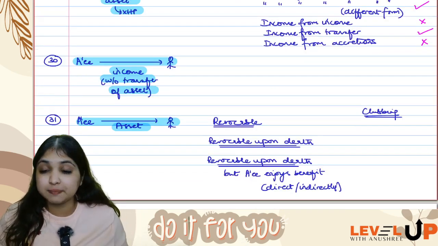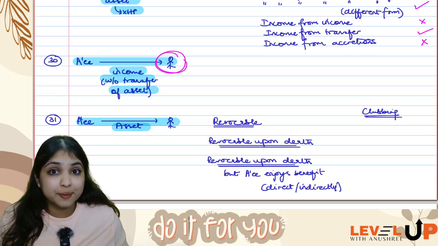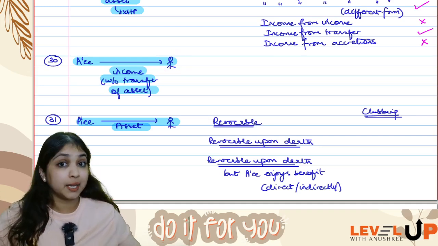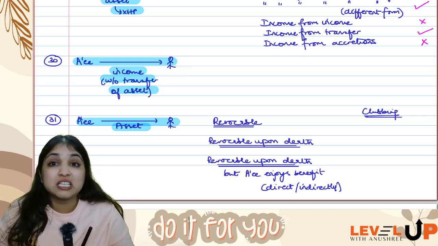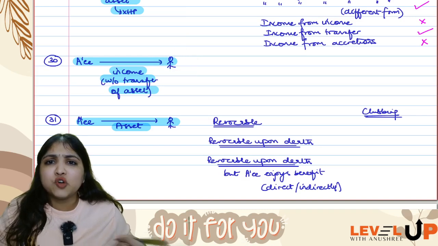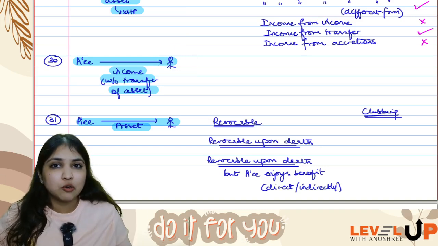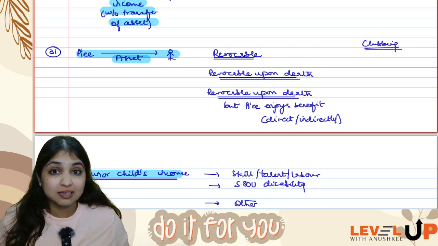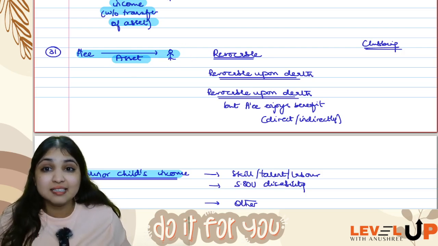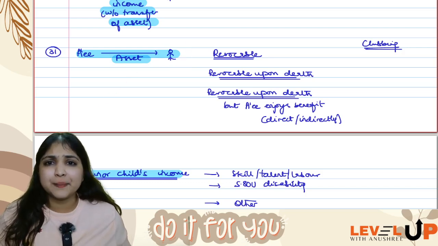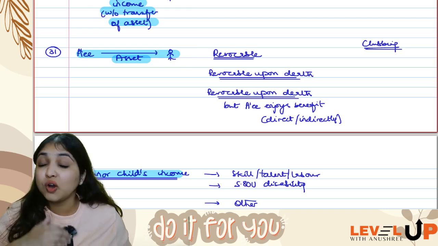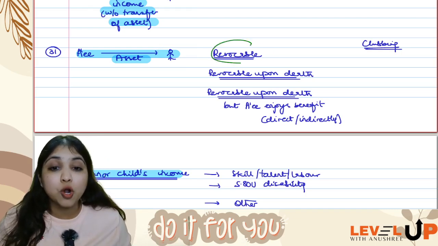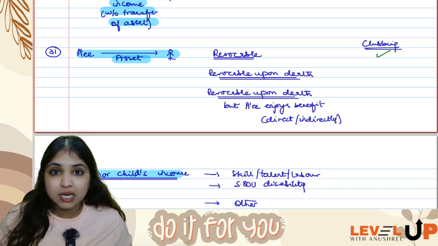Then comes my 30th concept. If the assessee is transferring income to a person without transferring the asset, transfer of income without transfer of asset, clubbing provisions will apply. Whether it is a revocable transfer or irrevocable transfer, doesn't matter. Whether the transfer is to a relative or non-relative, doesn't matter. Transfer of income without transfer of asset is equal to clubbing. Okay, then if the assessee is transferring any asset to another person, capital asset, not capital asset, whether this person is a relative or not, nothing matters. The point is, the assessee is transferring an asset to another person, but it is a revocable transfer. If it's a revocable transfer, clubbing provisions will apply.